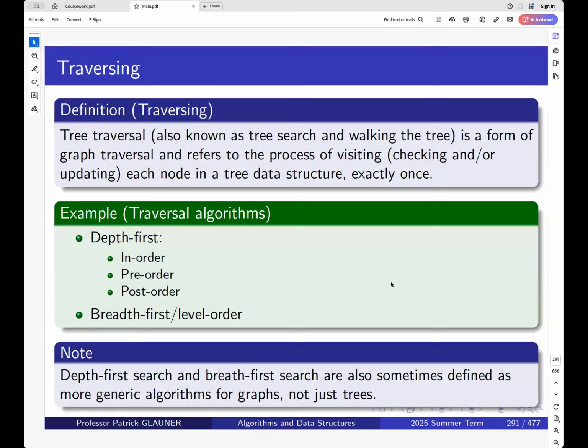So traversing a tree means going through the tree. It's a process of visiting each node in a tree data structure exactly once. So we want to go through all the elements in the tree in some way. And there are different tree traversal algorithms. We will check which algorithms are available, look at an example and try to understand how they work, and then we will implement them. There are overall